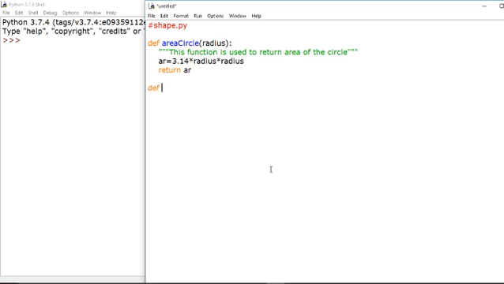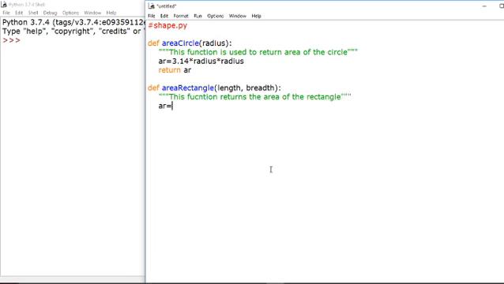Now coming to the second, define area of rectangle. To find the area of a rectangle we obviously need length and breadth. Again, in the same way, we write a docstring: this function returns the area of the rectangle.